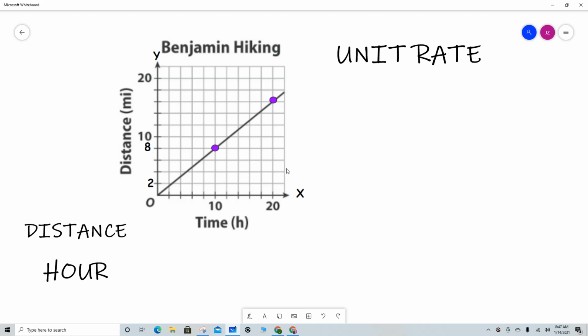A quick review on unit rates and graphs. So here we have a graph with Benjamin, and Benjamin is on a hiking trail, and here we have two measures of data. So on our x-axis, which goes to the sides, this represents the time in hours. Now our y-axis, which is vertical, goes up and down, shows us the distance in miles that Benjamin did